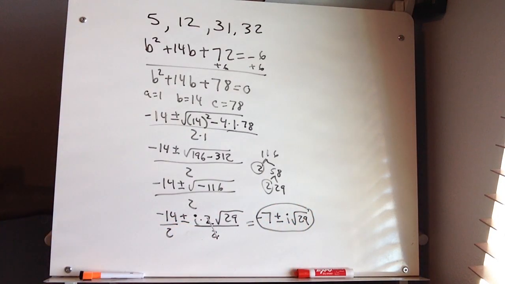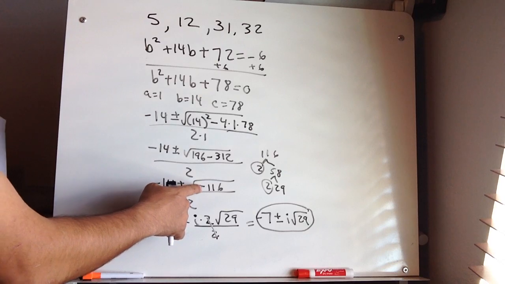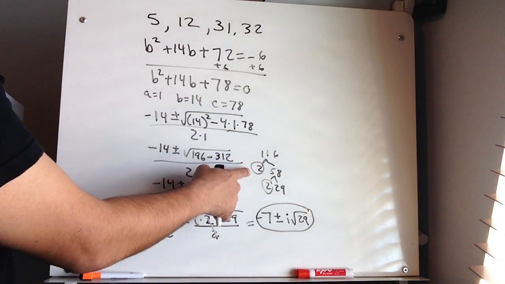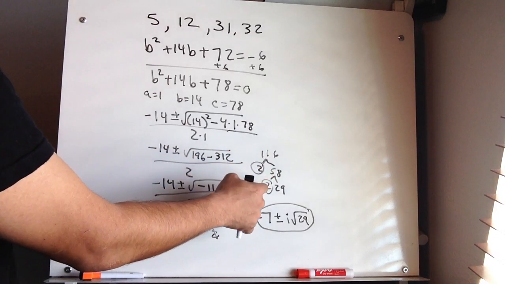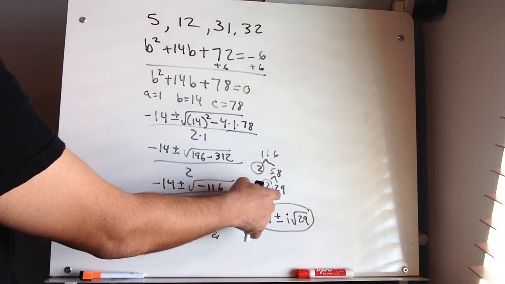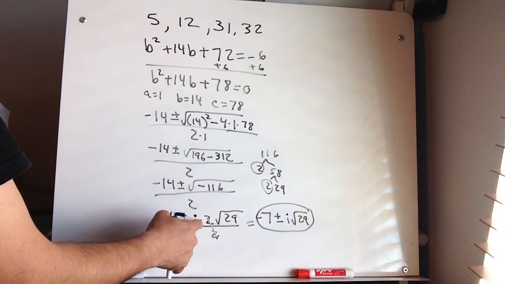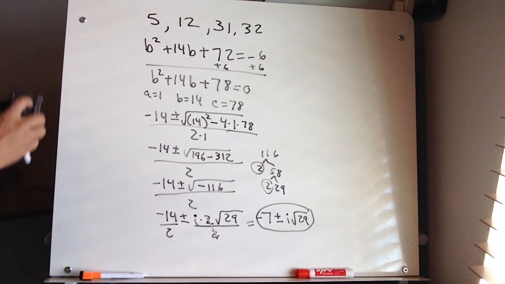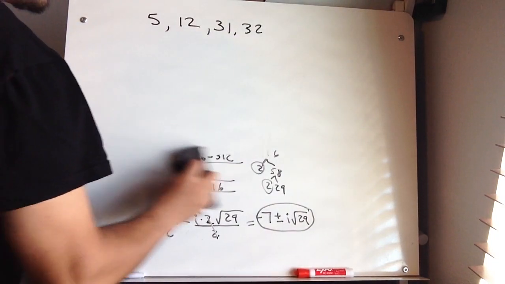And I know they're imaginary because of that negative square root that was there in the beginning. So that was the situation you want to pay attention to. Also, factor 116, and I got 58 times 2, then factor that, we got 2 and 29. We take out those two 2's, and then we end up with this as our answer. That was question number 5. Alright, question number